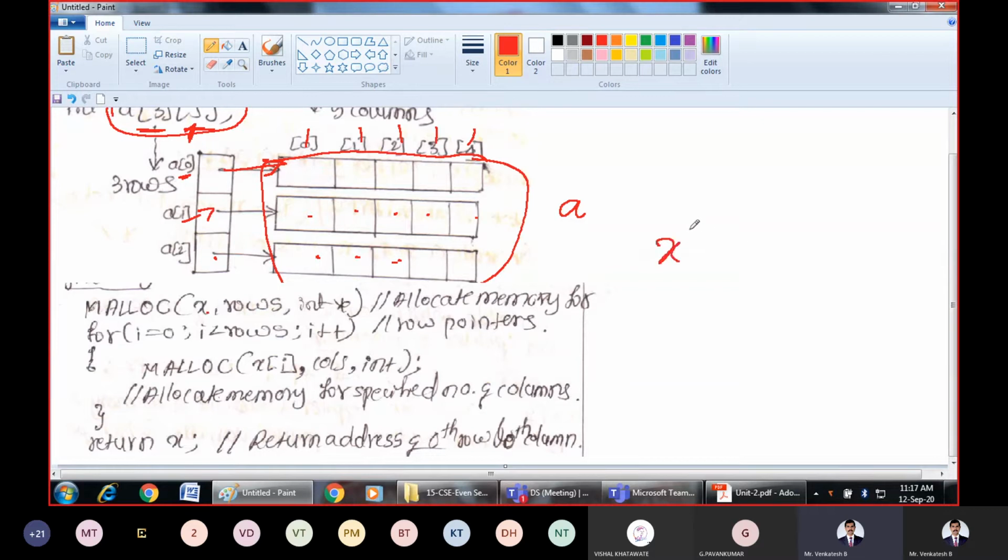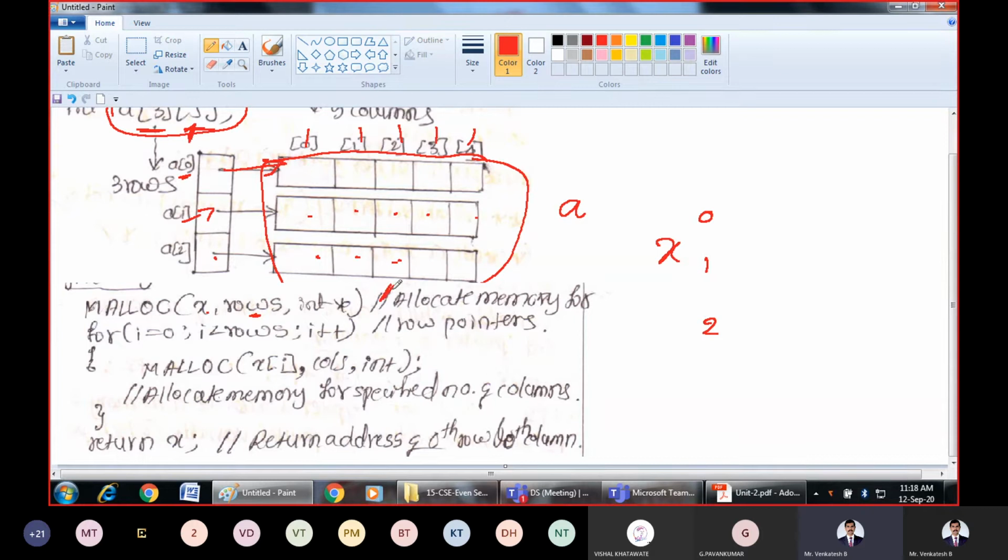So now x is representing all the rows. How many rows? Whatever rows you have specified. In our case, it is 3 rows. That means 0th row, first row, and second row, because array indexing starts from 0. You can see it is already drawn here: 0th row, first row, and second row.